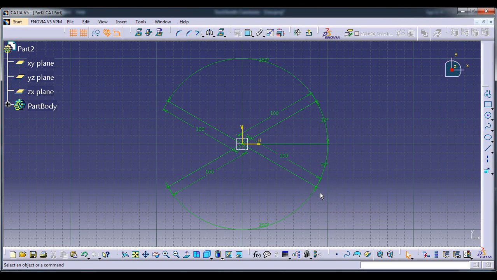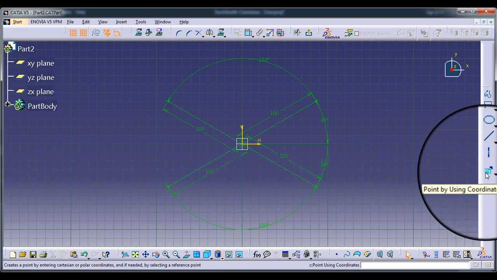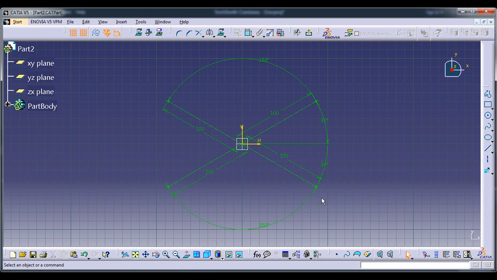So we can see that in polar coordinate system, along with the radial distance, we also need to ensure that the angle that we have entered is correct, because based on this the point will be either in first, second, third or fourth quadrant. As this extra care needs to be taken while entering the angles, that's why we can say that this method, that is point by using coordinates, has some drawbacks in itself.